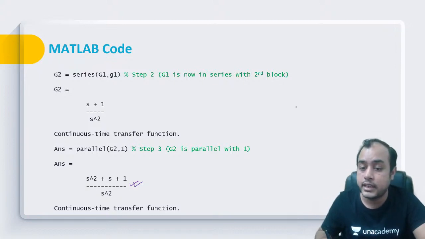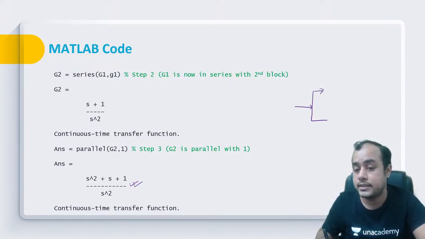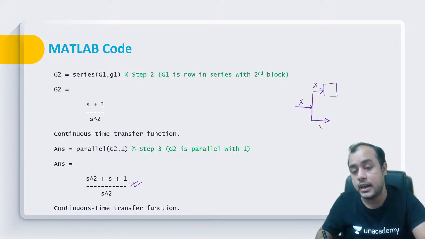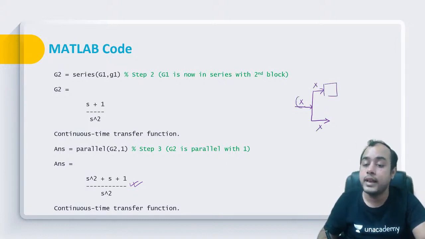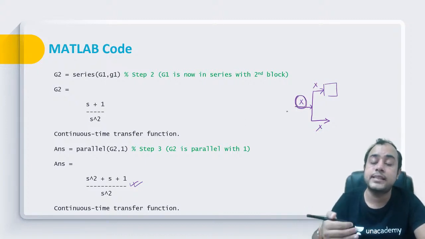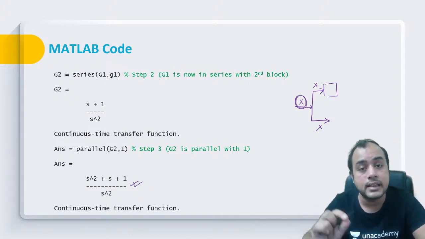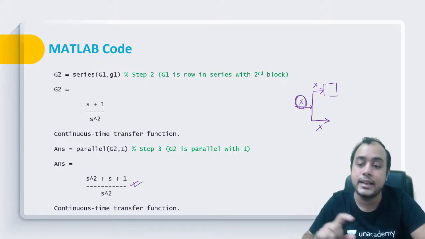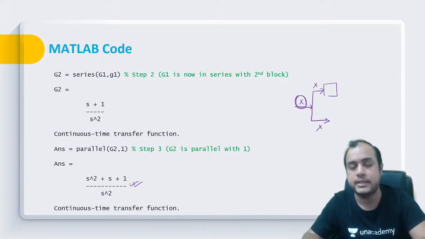Suppose there is one variable here that is going into two blocks somewhere like this. You define this as x. When you put it into a different block, again you will use x. When you put it here, again you will use x. So whenever you are puzzled about how you can feed a single variable to multiple places, you define that variable and then you feed it to multiple places.